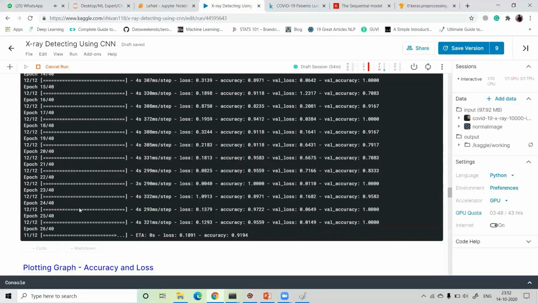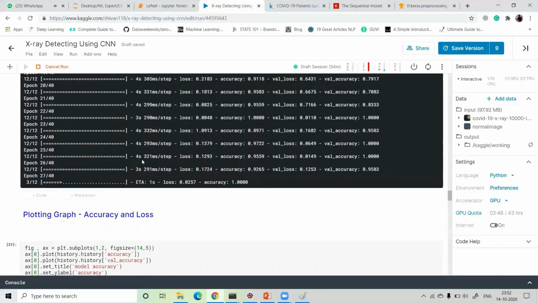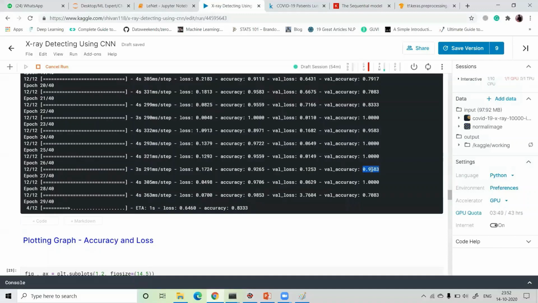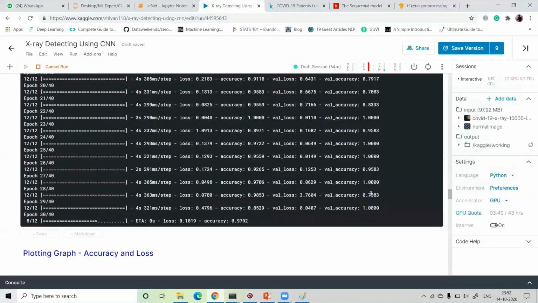Okay. So approx 26 epochs are completed, guys. One more 20 to 30 seconds. See, our validation accuracy is 95, then 100, then again 70. You can increase or decrease your accuracy.